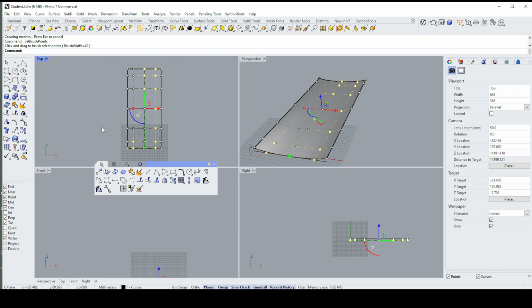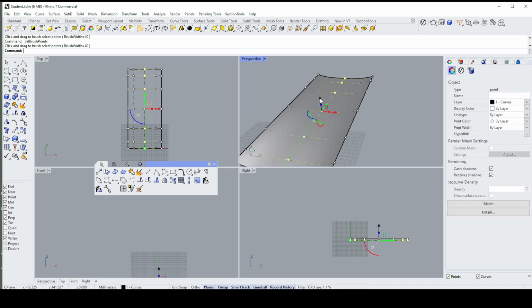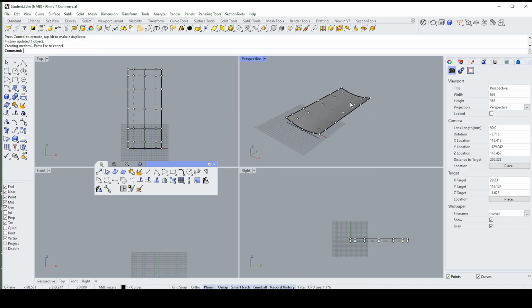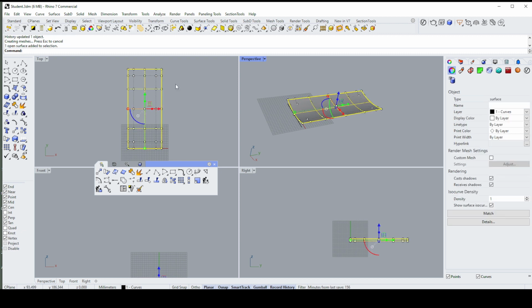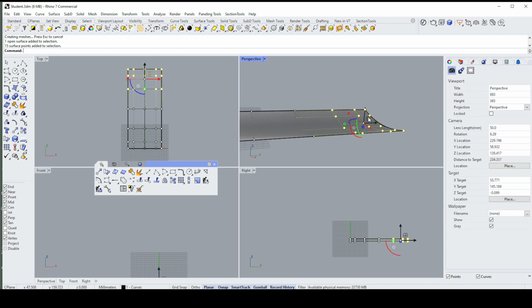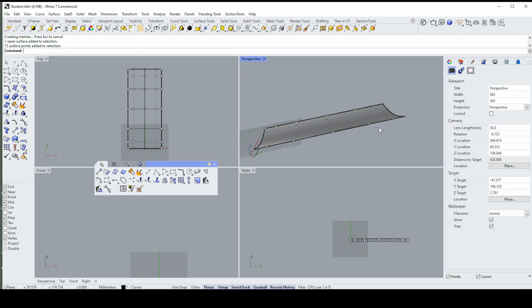Oops. All right, let's do it the other way. Let's just deselect everything and select like that. Okay, and then there we go. So now I've got a curved surface very quickly just by using the control points. I'm going to use the control points now to make something approximating, oops, let's do that again,